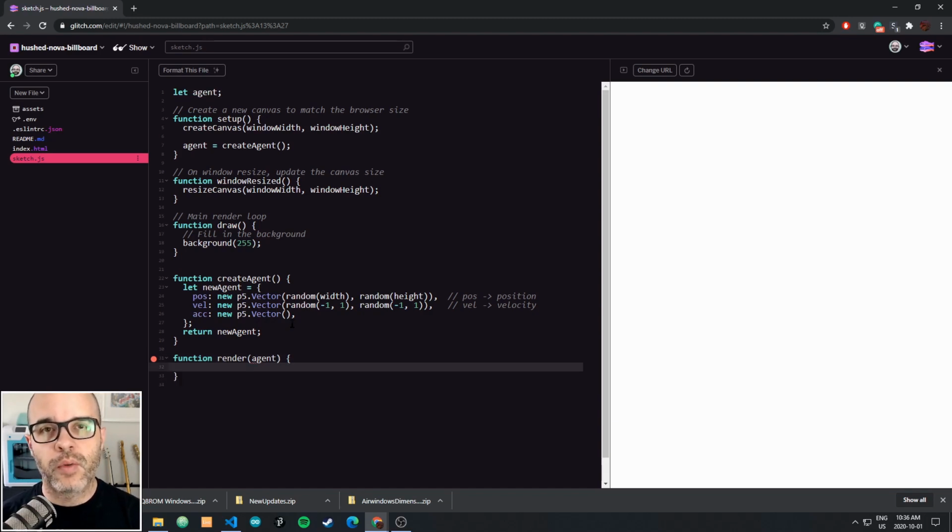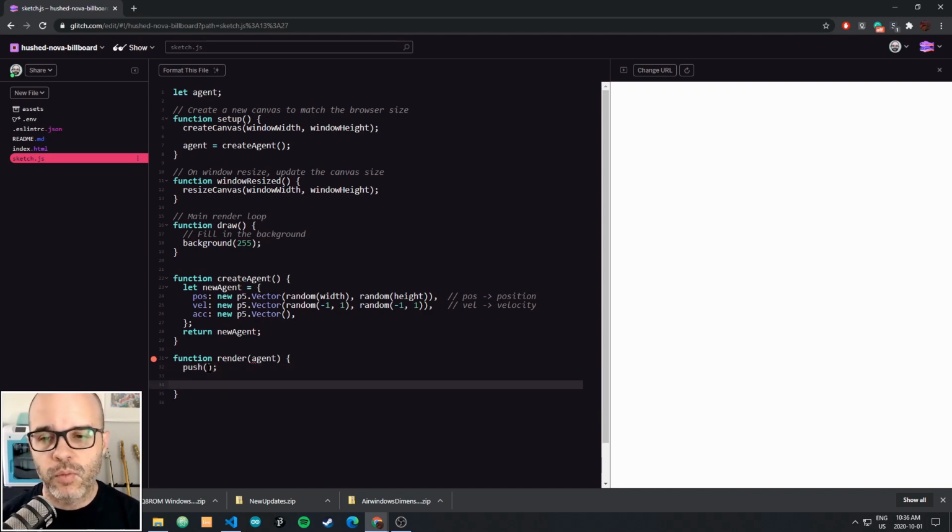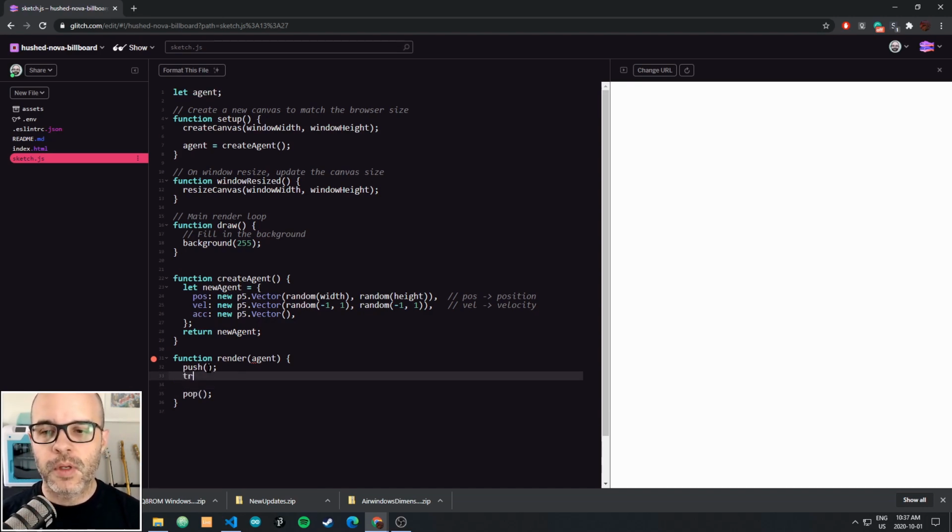And the job of this render function is going to be to take an agent and then draw it on the screen. So for our purposes now, we're going to draw our agents as little rectangles. Okay? And we're going to refine this down the road in future examples. So I'm going to use push and pop here because I intend to use translate to bring the origin to the position of my agent. And I can access this using